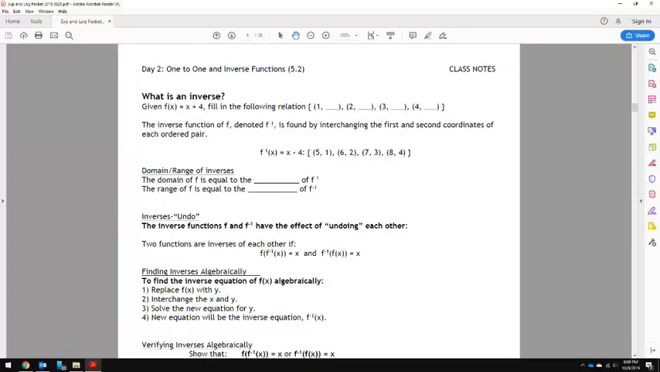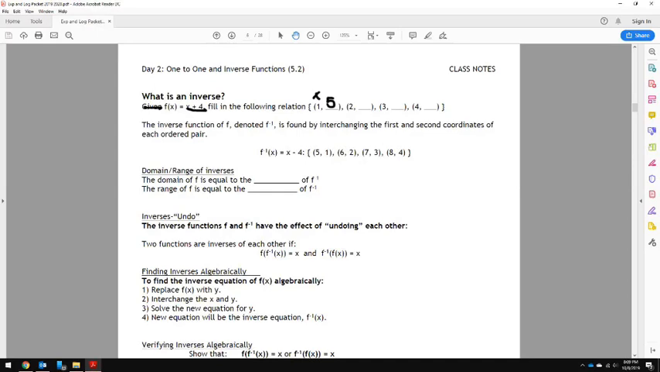Morning class, today we're going to talk about one-to-one and inverse functions. So we're going to start off with what is an inverse. As you can see here at the very beginning, given that f of x is equal to x plus 4, follow the following relation. Well, if x is equal to 1 and 1 plus 4 is equal to 5, then